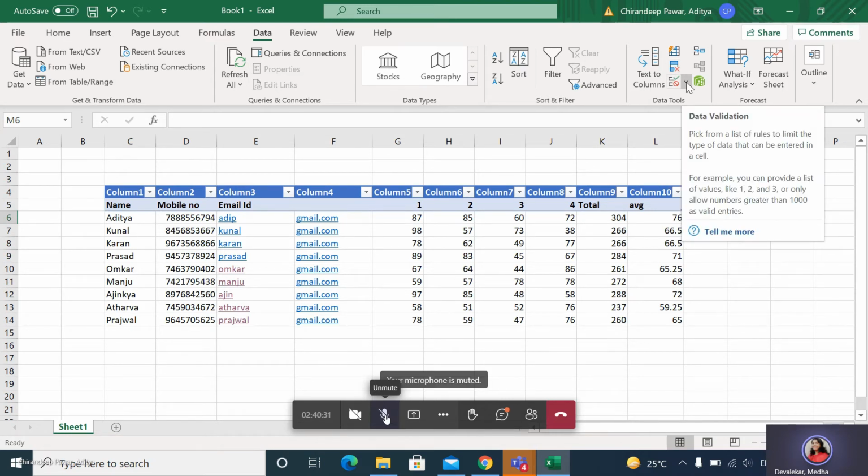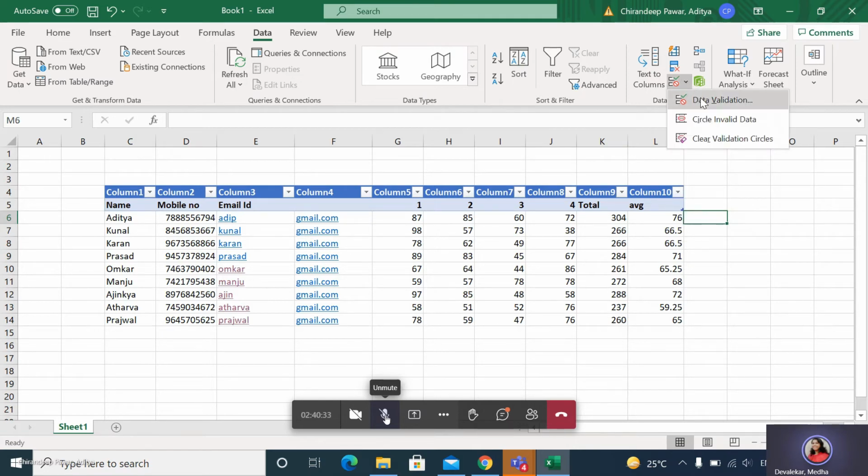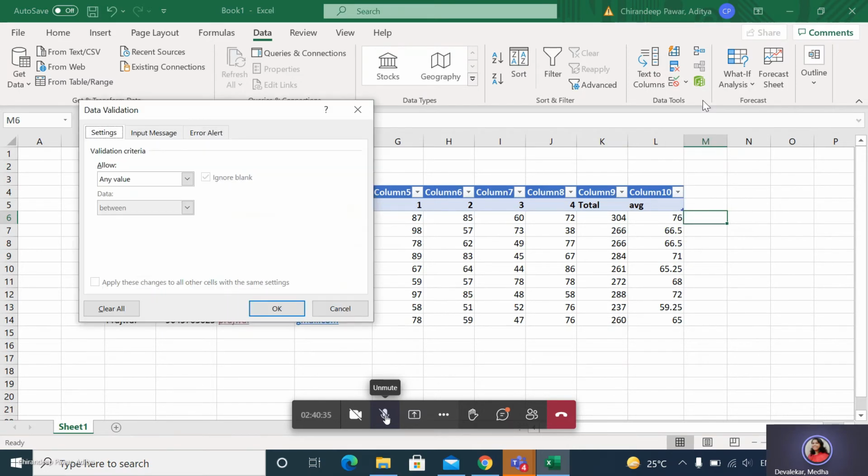Yes, click on that and select Data Validation.